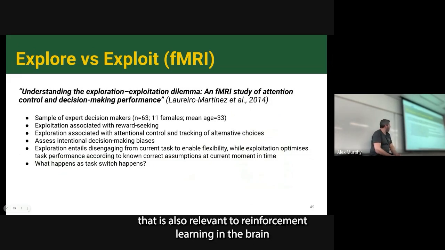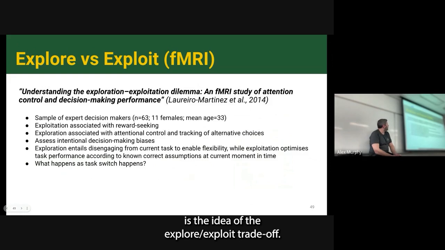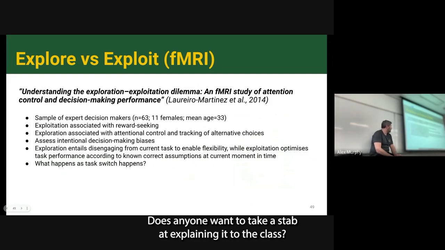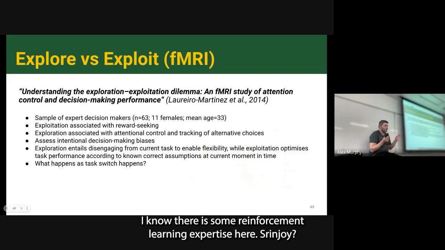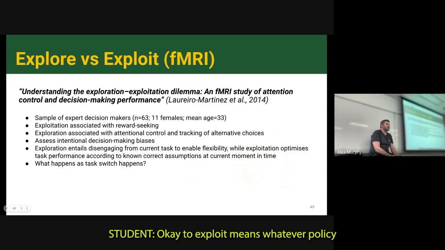One thing that is also relevant to reinforcement learning in the brain is the idea of the explore-exploit trade-off. Does anyone want to take a stab at explaining to the class? I know there's some reinforcement learning expertise here. Srinjoy, yeah. So to exploit means, whatever policy we have, which we are using to find the best way